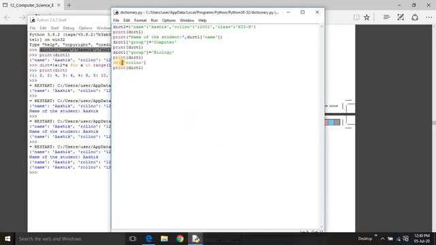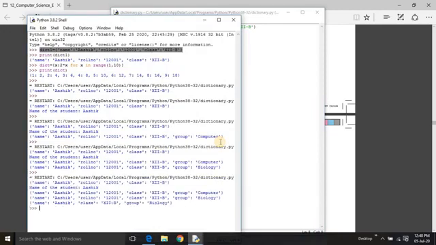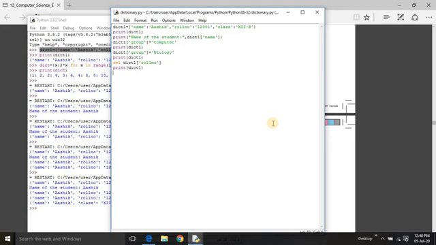I didn't give the dictionary name, sorry. Del dict1 of roll number. See what happens here. The roll number field got deleted. Likewise, we can delete a particular element in a dictionary.